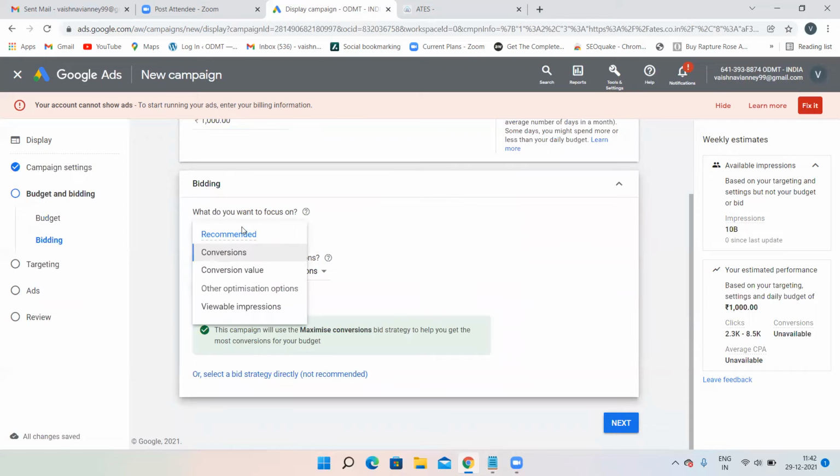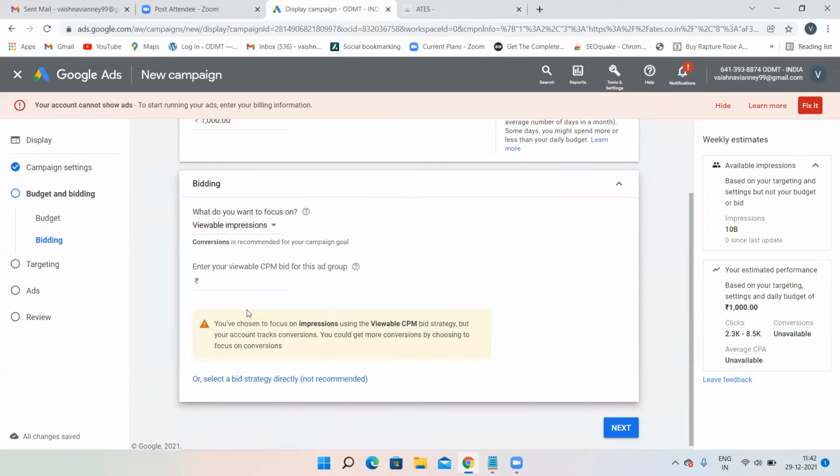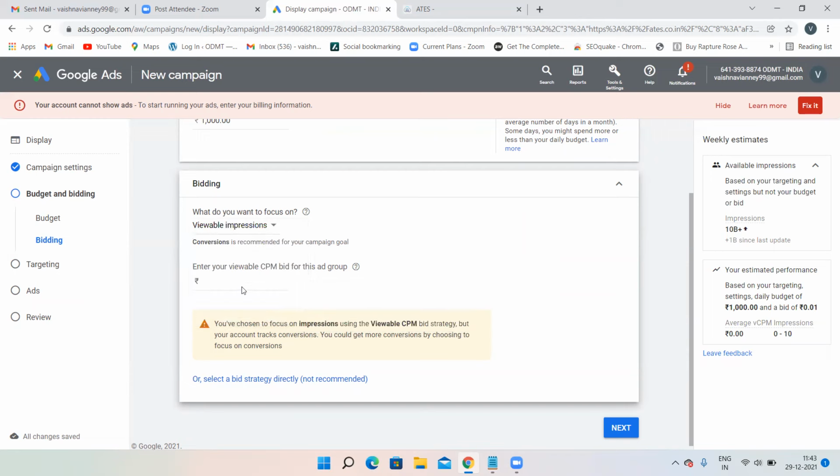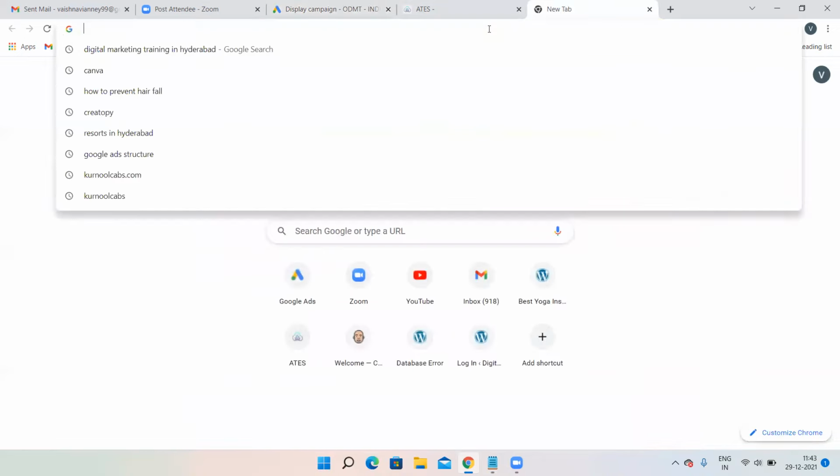By default, the bidding type is CPM, cost per 1,000 impressions. Then you have to select viewable impressions. Always select viewable impressions only. In display network, you will not get any conversions. It is waste. So always go for viewable impressions. Viewable impression in the sense you have opened a particular website and somewhere down, like let's open